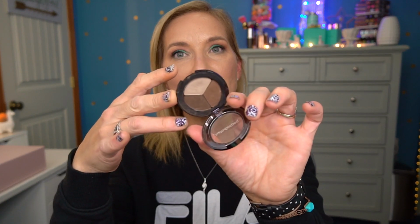This is the Bodyography. It's called the Essential Expressions. It's like a brow product that has 3 different tones in one. You can mix and match. This one here works really well for starting out your brow. I don't know, are you supposed to start it out darker or lighter? I always start it out lighter and then make it go darker. Maybe I'm doing it wrong. But either way, this powder works fantastic because you can mix and match, and they last